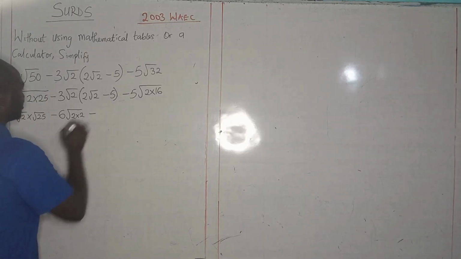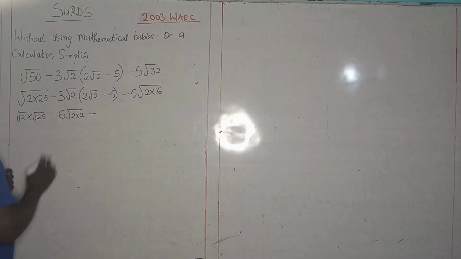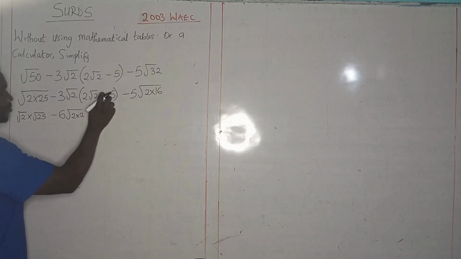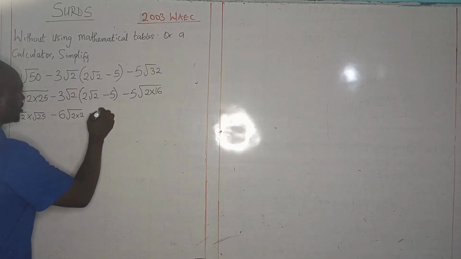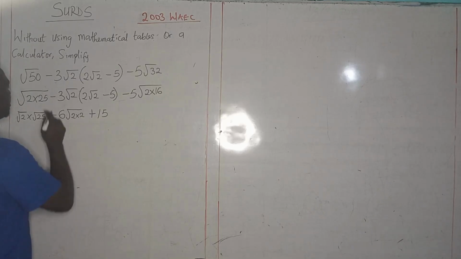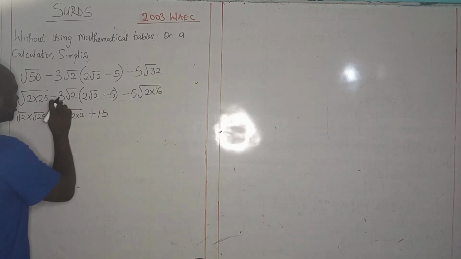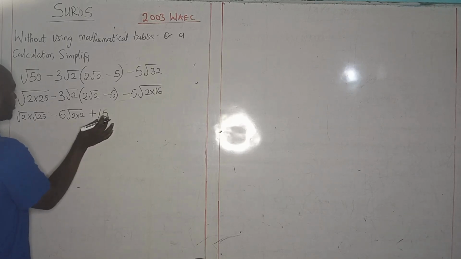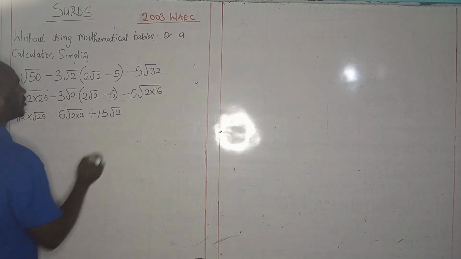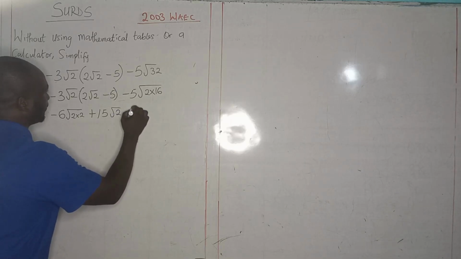Alright? Minus this, we multiply this. And that means what is outside there, we multiply this. That will be what? 15. Now, minus multiplied by minus will be plus. That will be 3 times 5. Minus 3 times minus 5 will give us plus 15. Then root 2. Then minus 5